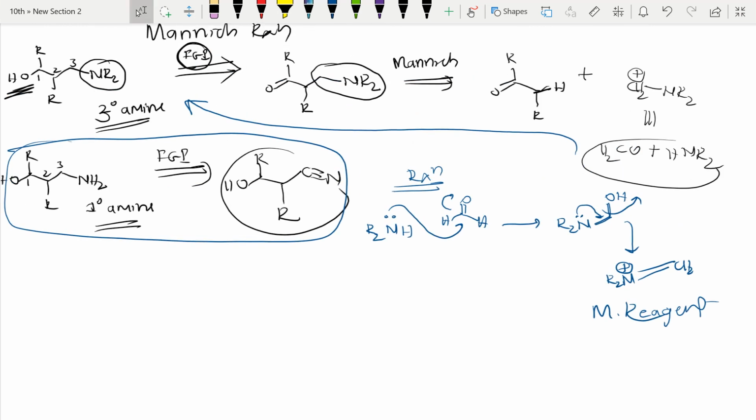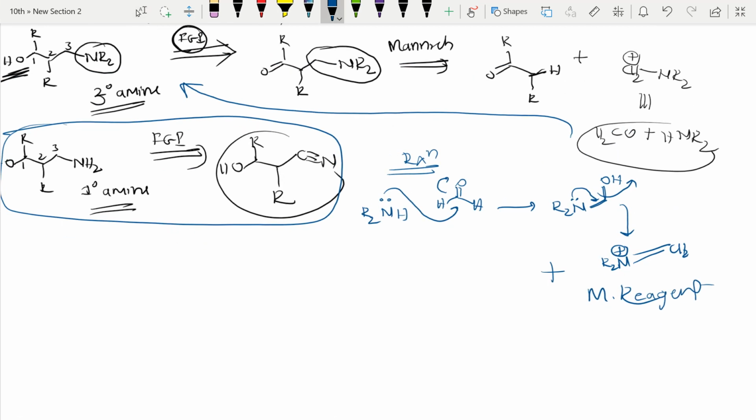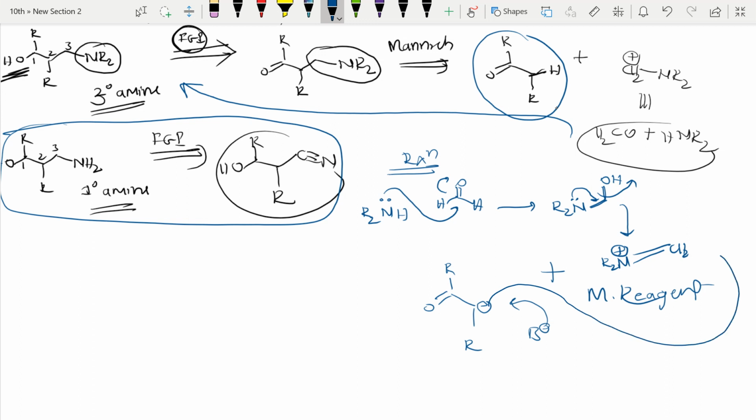This Mannich reagent, if we add this thing, see here, which I have shown here, right? So what happened? R is there, CO, R. So this proton will be acidic. In presence of a mild base, this proton will be taken. Once it is taken, a negative charge comes on this carbon. That will be stabilized by that electron withdrawing group. But you know how it will stabilize everything, so I'll directly show this negative charge. Then it will react with this carbon. Then that electron density shifts onto nitrogen.